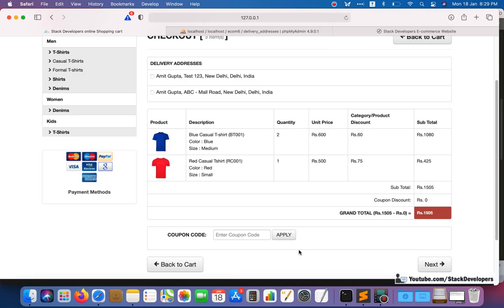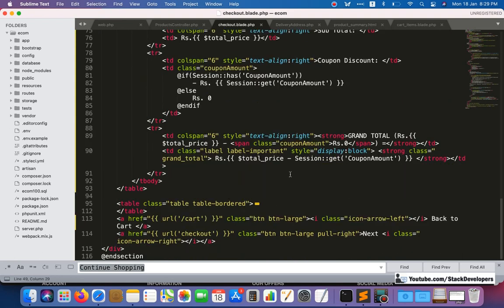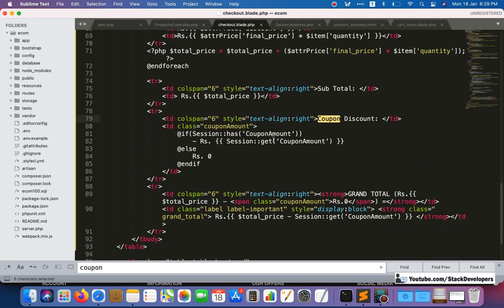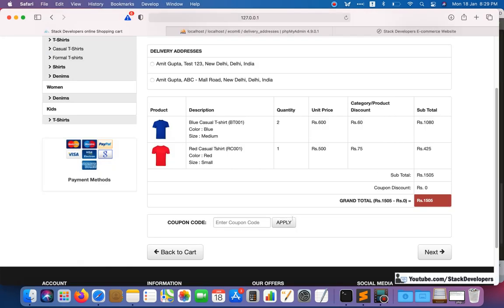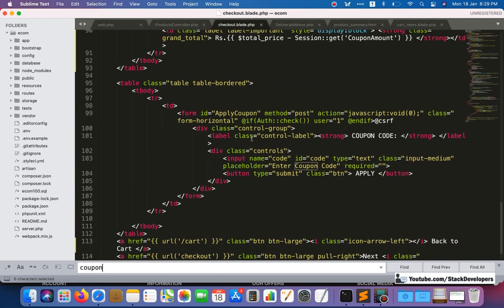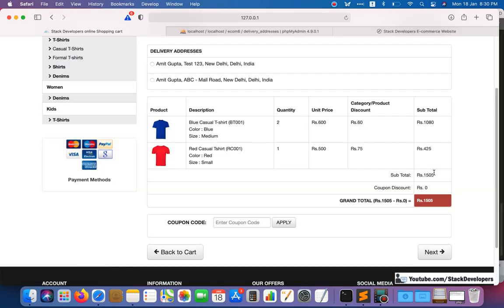Coupon code will also not come. Instead of this one we will show here the payment methods, but coupon code we can't show. Here we can remove this coupon discount, that is fine, but after that we can remove this coupon code. Okay, instead of this one we are going to write here the payment methods will come up here.